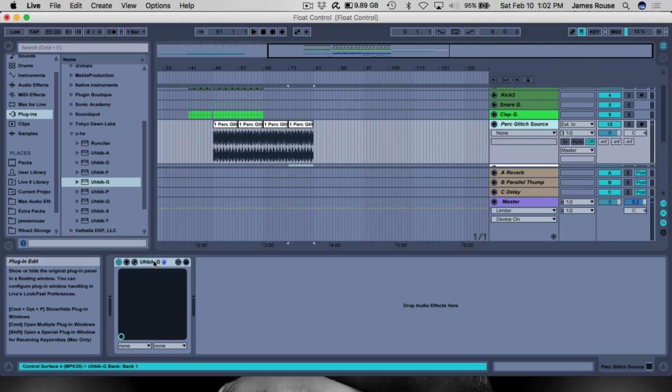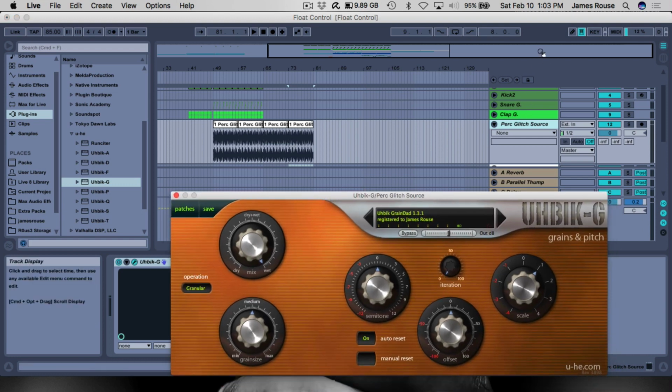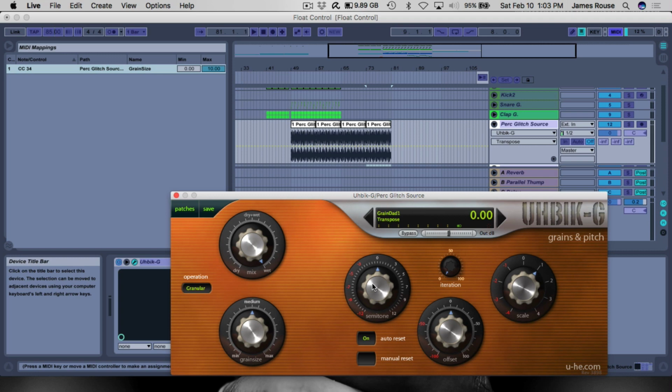Let's take care of this first. So if you're not familiar with Ableton or anything like that, it's similar to other programs. When you MIDI map, you just go into the MIDI map editor here, click on the knob that you want to map, and then move the knob on your controller. So semitone, iteration,